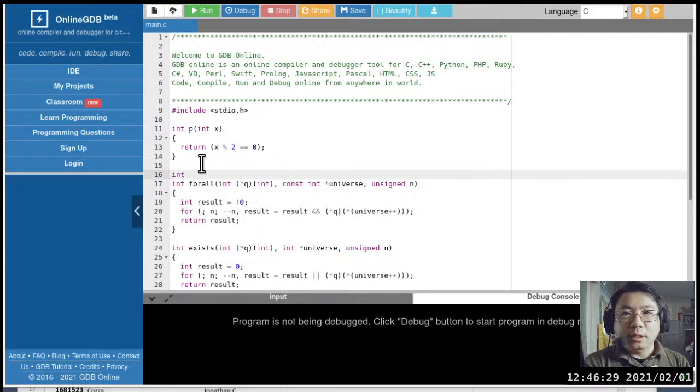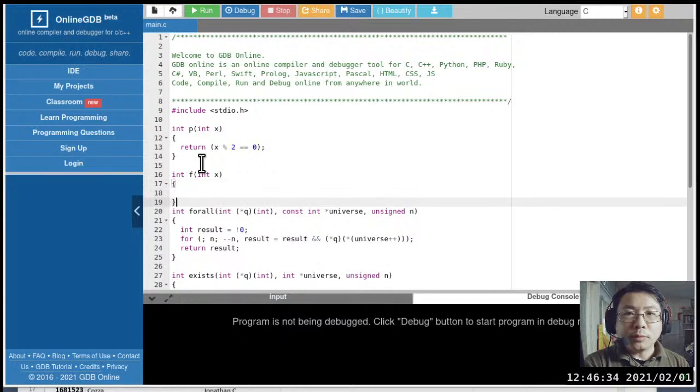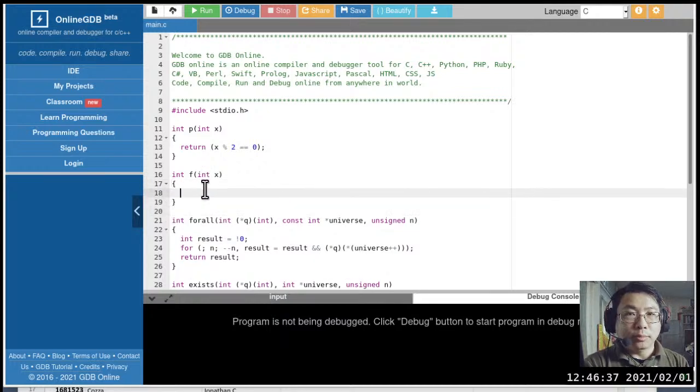So we'll say int f(int x) is a filter function. So the filter function is also returning just a Boolean. It's basically testing for a certain type of membership. Okay, so in this case, let's just say that we are only interested in non-negative integers. As long as x is greater than or equal to 0, it is part of what we want to actually apply p to. Whether then we want to see if it's even or not. If x is negative, then we will say no, this is not applicable. Okay, we are only interested in the